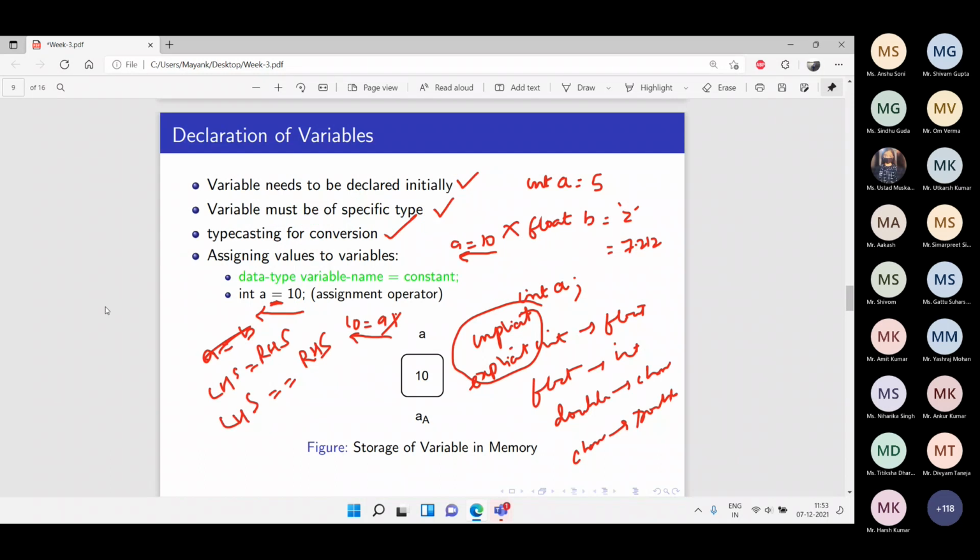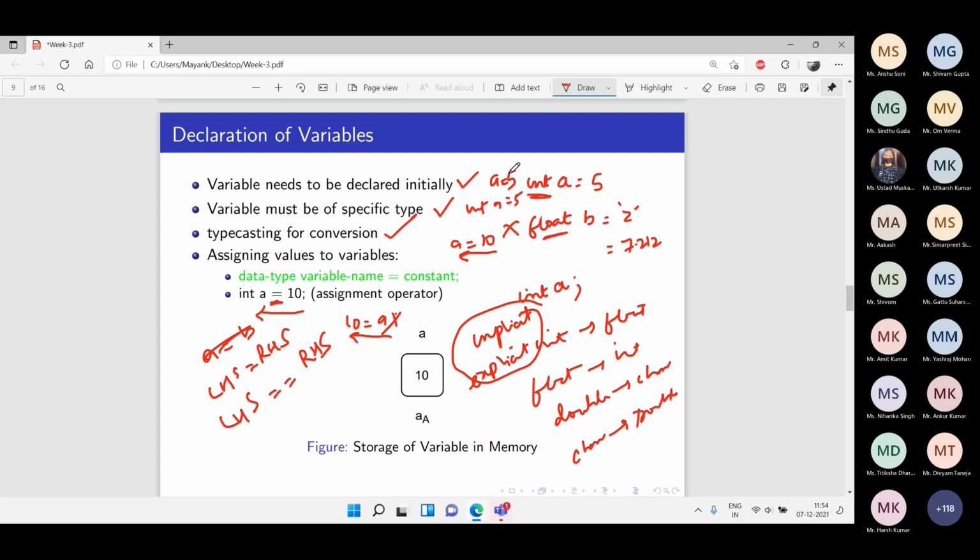So for now, let's stop, and we'll meet tomorrow again and go with the user-defined data types. The difference, the meaning of the second point: a variable must be of a specific type. Like, what is the type of A? It is an integer type. What is the type of B? It is a float type. You cannot do A is equal to 5 directly. You have to say that A has some type, an integer type, which will take the value 5.